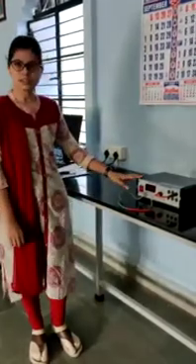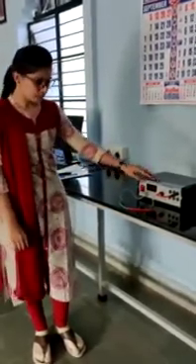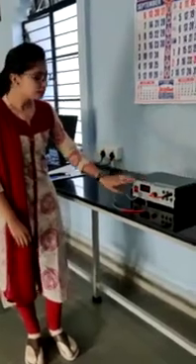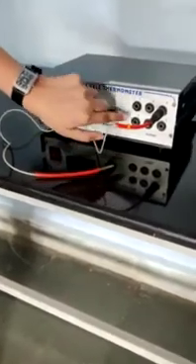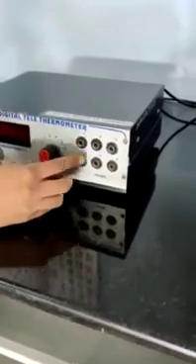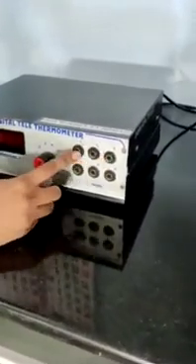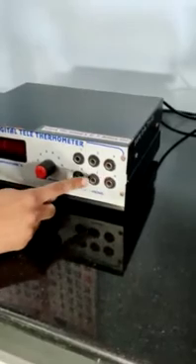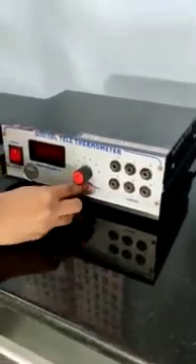Today I am going to discuss the telethermometer 6 probe. The name itself indicates that the telethermometer is used for measuring the temperature of laboratory animals. The 6 probes means six probes are used for the measurement of six different locations of our animals, and this is the probe selector. When we are using the third probe, we set it at 3.